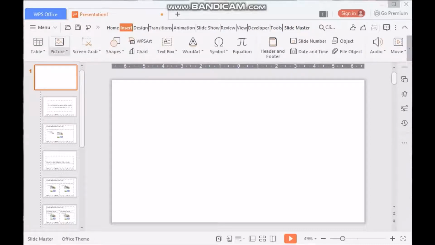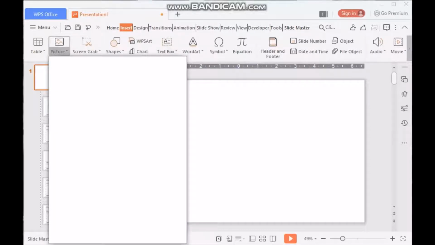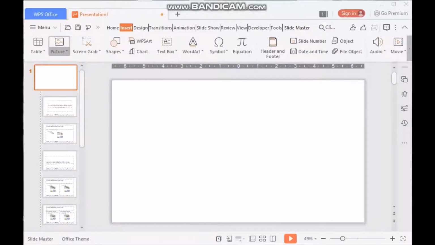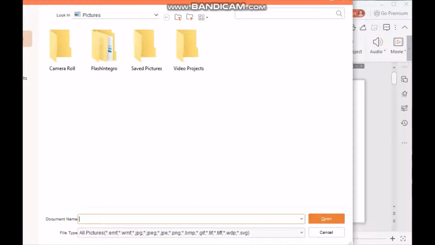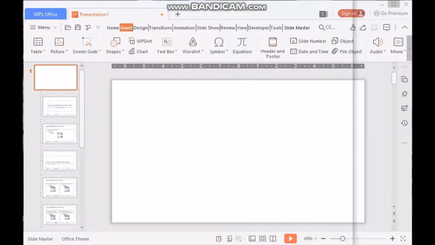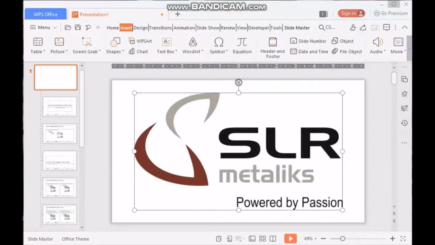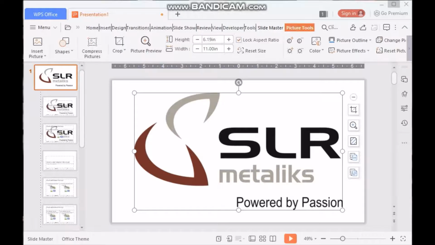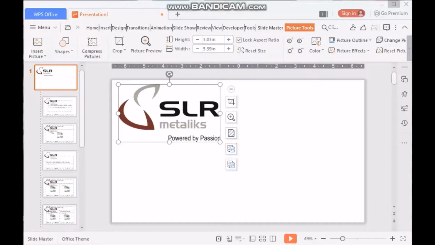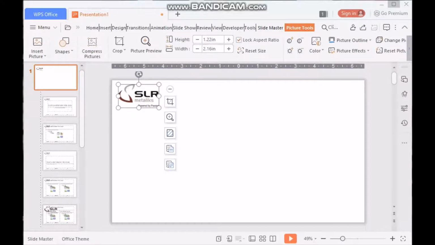In that slide you can insert whatever designs, pictures or graphics, so you can make your own designs also. You can see here, different types of graphics can be selected which you have already stored in the system. Here I'll take some logos stored in the system itself, and I just place them where I want.